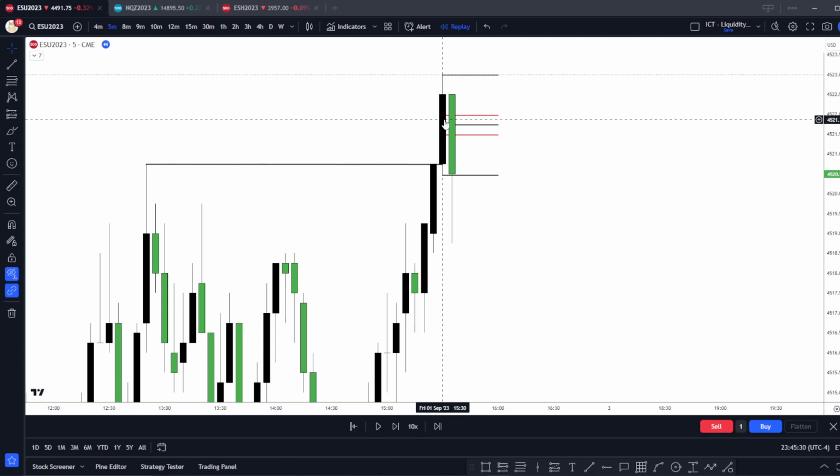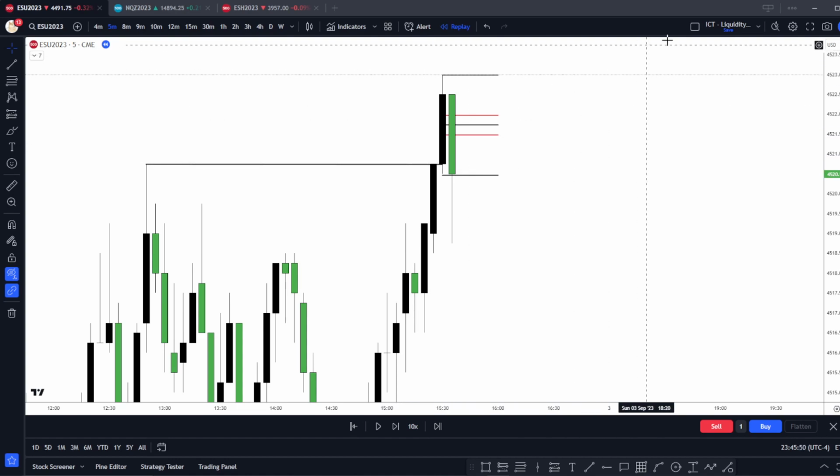Because a lot of people, the way that they would teach market structure shifts, at least in the S&D and SMC world, is sometimes they would argue that, hey, as long as it wicks the high, it's a market structure shift. Or sometimes the candle body has to close above this line, but that's not always the case. So diving back